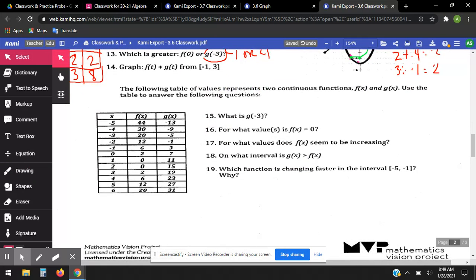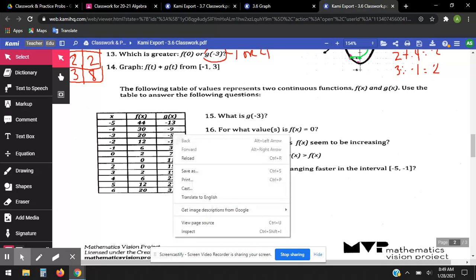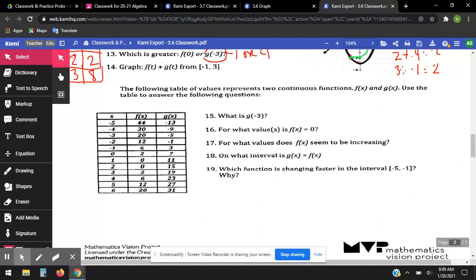Let's look at the next one. The following table of values represents two continuous functions, f of x and g of x. Use the table to answer the following questions. What is g of -3? So if I go over to -3 and I go to g, what I get is